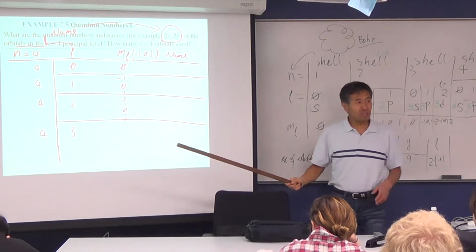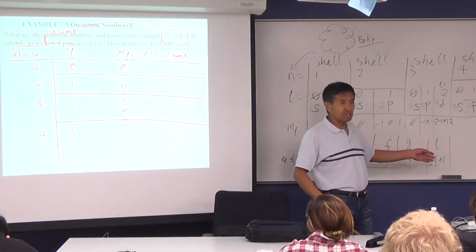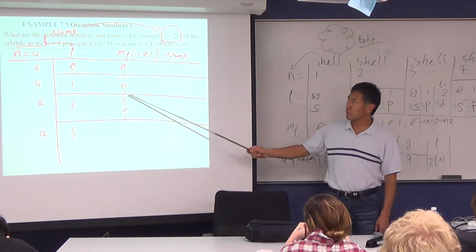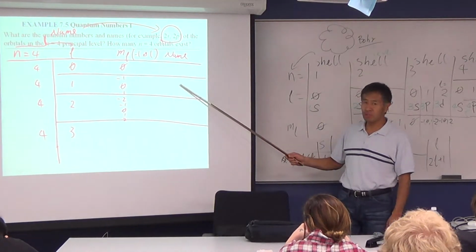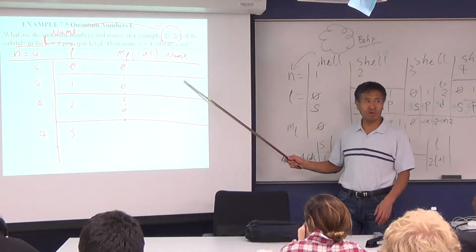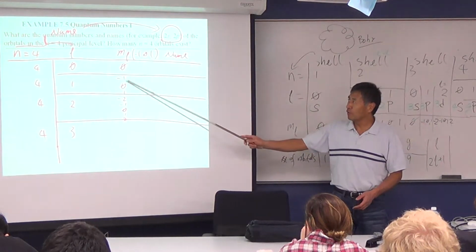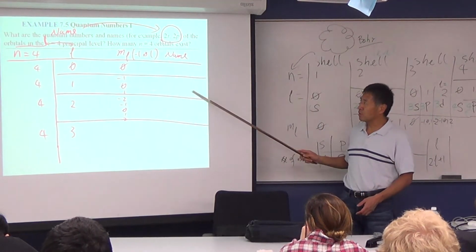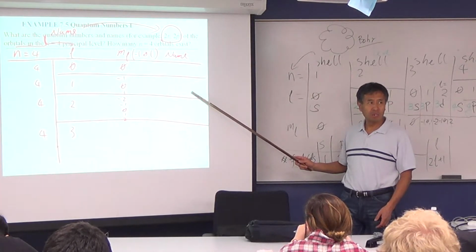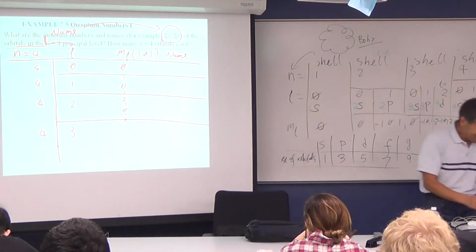Now you can tell the difference, like what I did there, you can call them 4px, 4py. Otherwise, you just call them all 4p. So you just say here 4p. Understand? Or you can call 4px. I don't mind if you call them all 4p. 4p, 4p, and 4p. Understand?